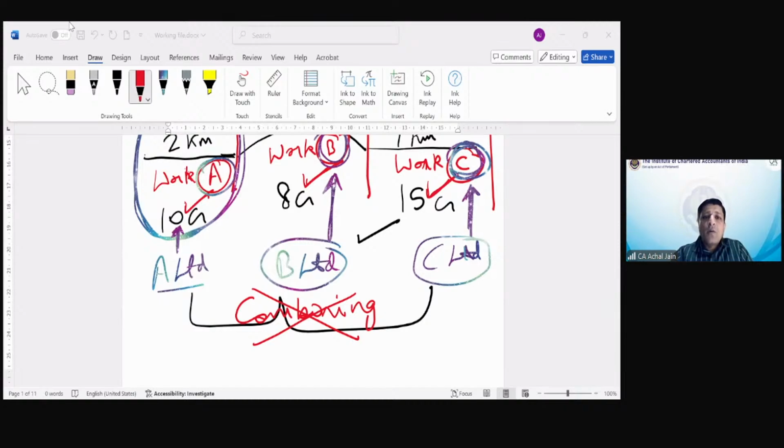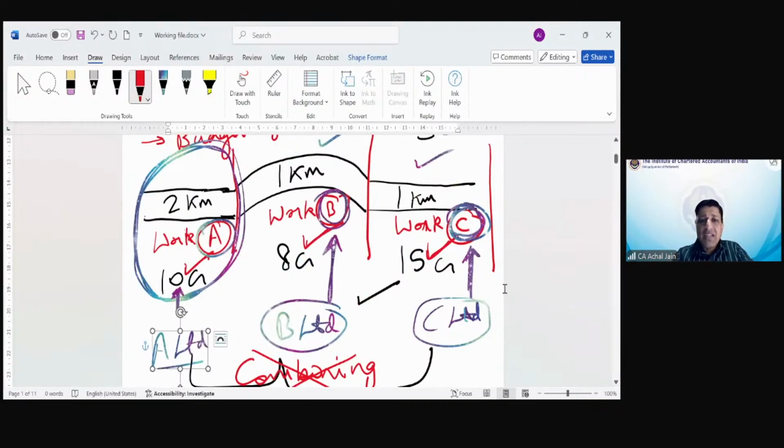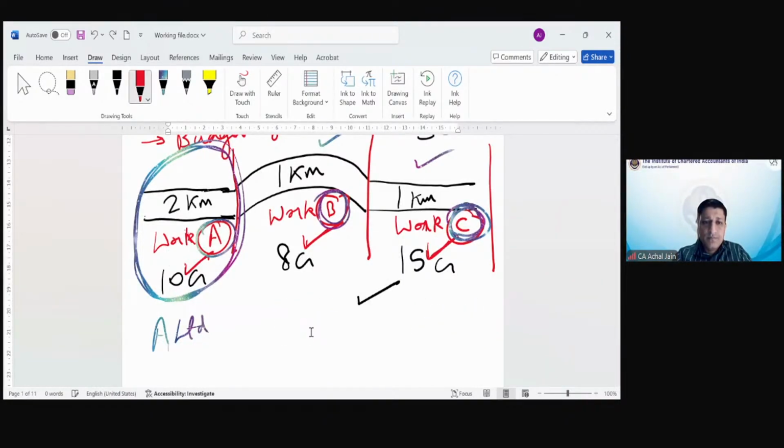All right. So now, similar to this combining is the segmenting. Similar to what we just discussed in terms of combining, we can also look at one aspect that is about segmenting. So let's try to understand what that is. Let's suppose we take three contracts for all of these works.